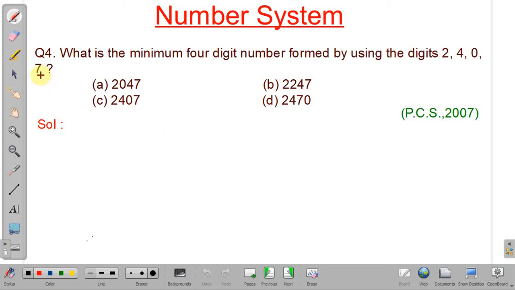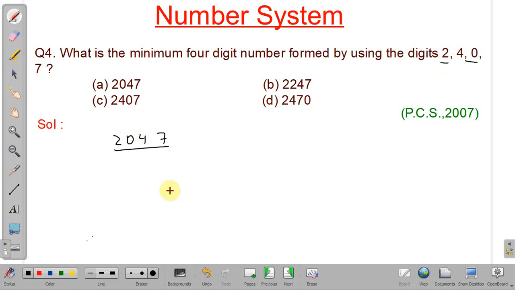Okay, here the highest digit is 7 and the least digit should be given the highest place value, which in a 4-digit number will be 1000. But see, if we put 0, the least digit, in the 1000th place, we will get only a 3-digit number, so it can't be that. So 0 is the least number. After 0, the next greater digit is 2. So 2 should be given the 1000th place. Okay. Then 0, then 4. Okay.